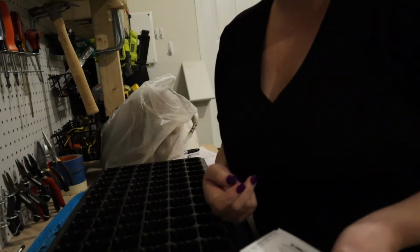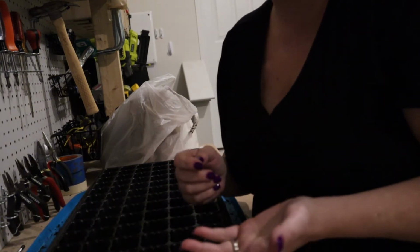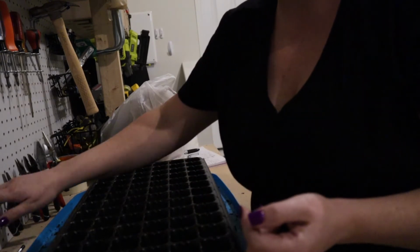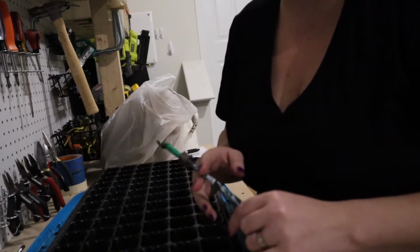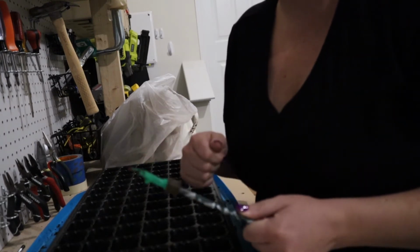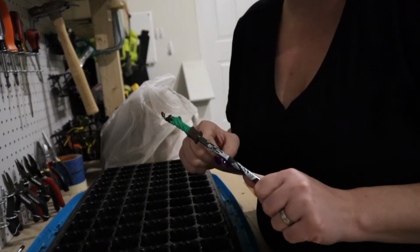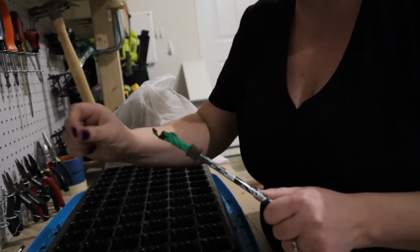Tomatoes are about 1/8 of an inch deep. Peppers, I believe, are 1/4 of an inch deep. Now, how do you do that? You can be as precise or as imprecise as you like. Last year, I took bamboo skewers that you use for grilling, and I just made marks. I measured and made marks on the skewer where 1/4 inch or 1/8 inch was,